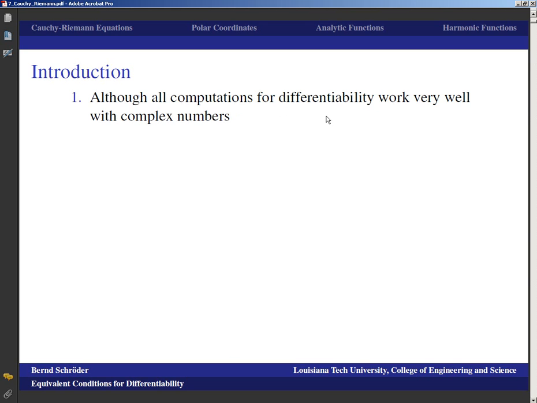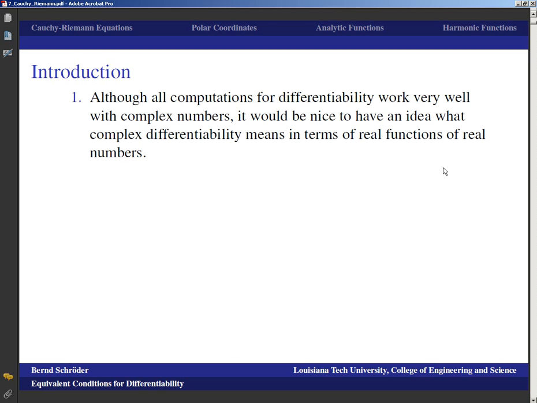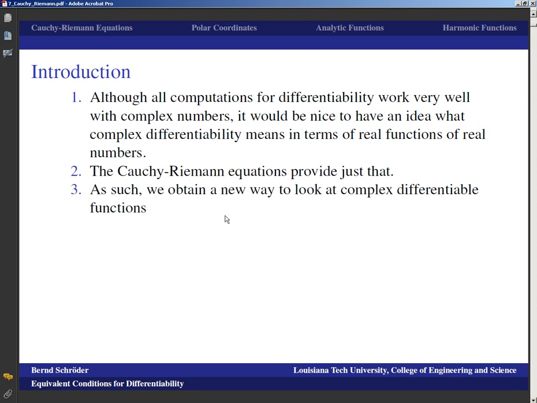Basically, even though all the computations for differentiability work rather well with complex numbers, we've seen that those computations really were just the same computations as what we did for functions of a real variable in calculus. It would be nice to also have an idea what complex differentiability means in terms of real functions of real variables. And well, the Cauchy Riemann equations provide just that. And as such, we will obtain a new way to look at complex